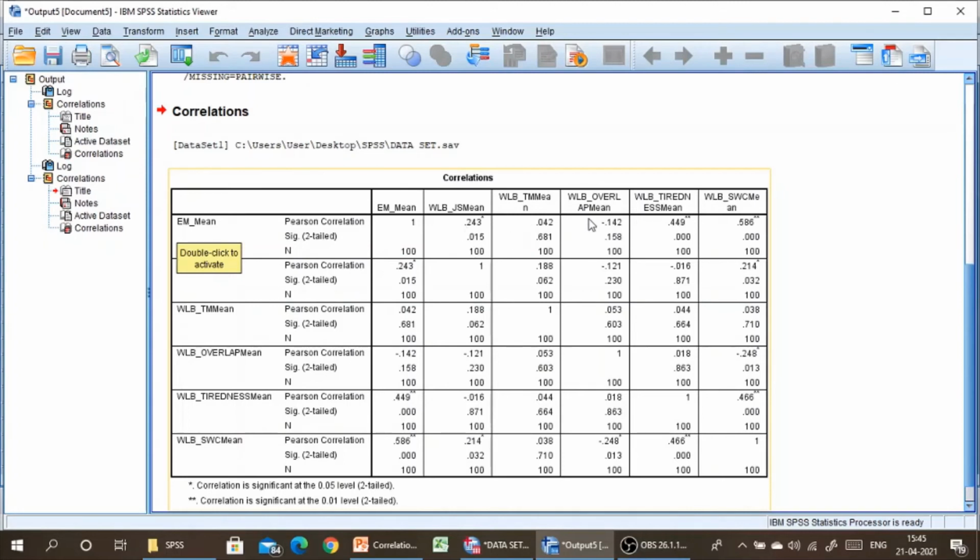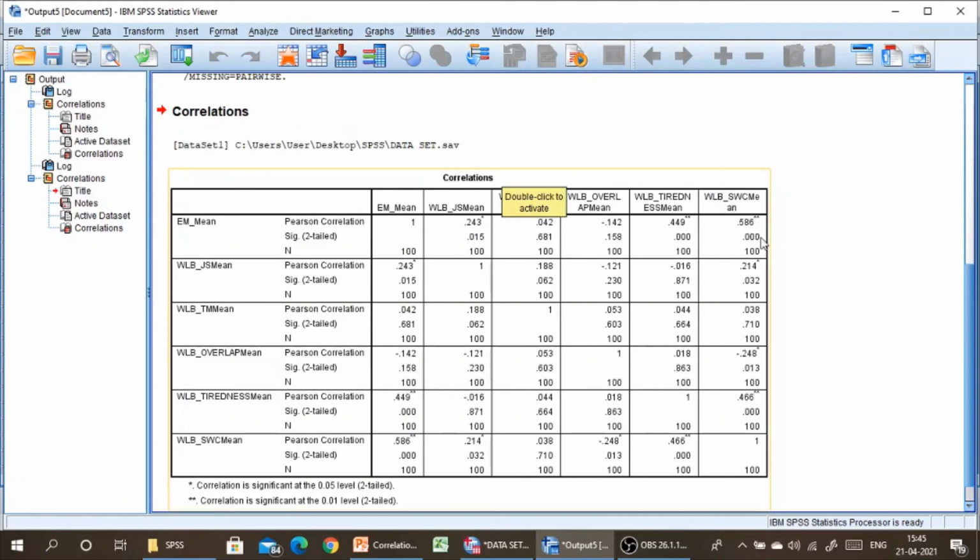Once it is significant, only then do we proceed further and see the Pearson correlation value, otherwise we will not look. Tiredness is impacting employee morale, there is a significant relationship, and here also there is a significant relationship with SWC, that is supporting working condition. So only 3 factors have a relationship with employee morale: job satisfaction, tiredness and supporting working condition.